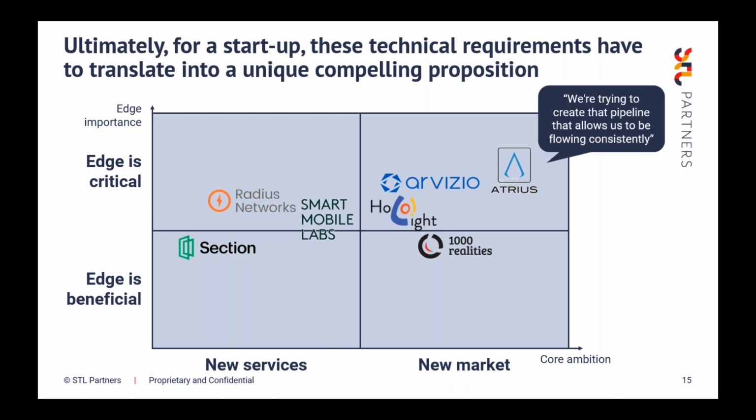And just to exemplify this point, for Atrius, what they are focusing on is governments and public sector bodies who have traditionally found it quite hard to monitor their assets and their infrastructure using traditional methods and manual inspections. What they would like to do is create this autonomous system using drones that monitors assets and infrastructure continuously and creates this continuous flowing data pipeline.